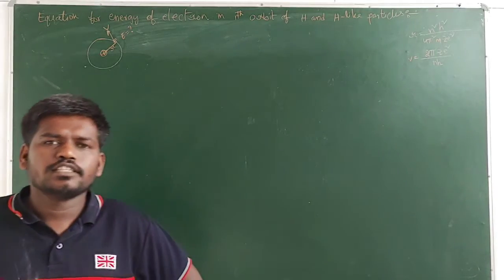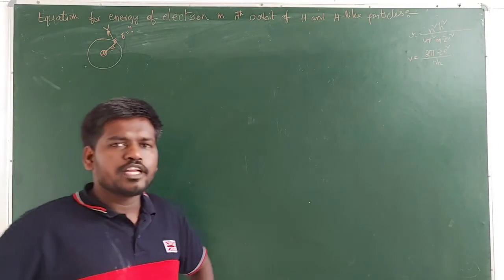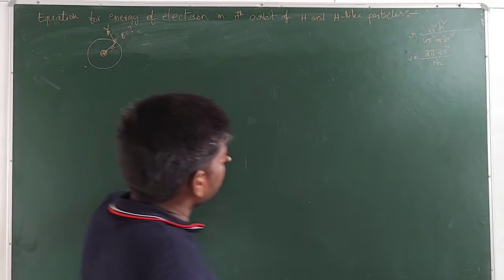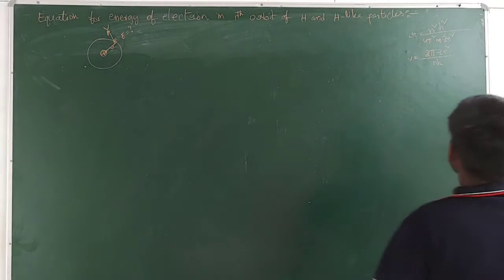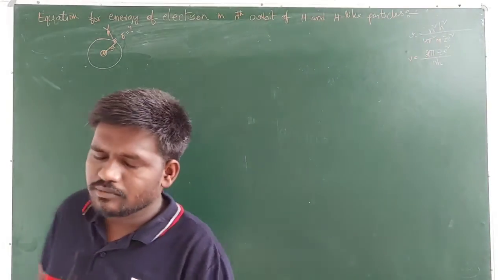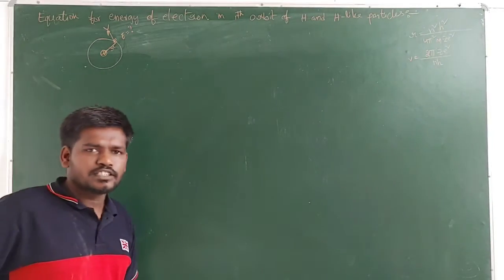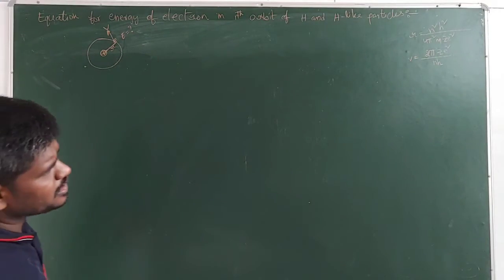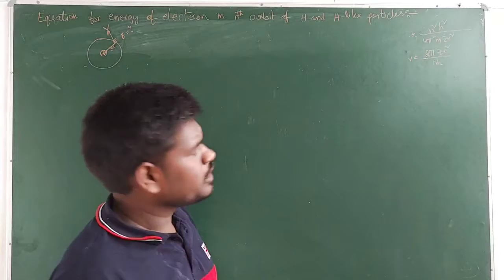Hi students, in this video class I am going to derive the equation for the energy of electron present in a nth orbit of hydrogen or hydrogen-like particle. You know hydrogen or hydrogen-like particle means they are one electronic system. Okay guys, so now in order to derive the energy of electron present in a nth orbit, we need